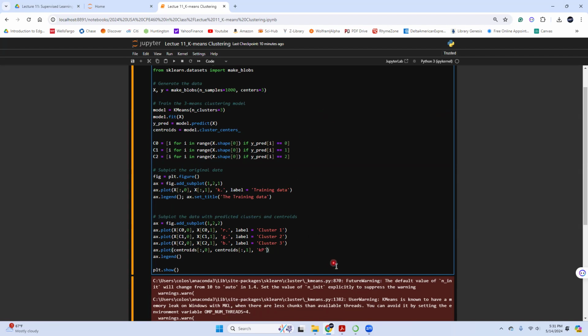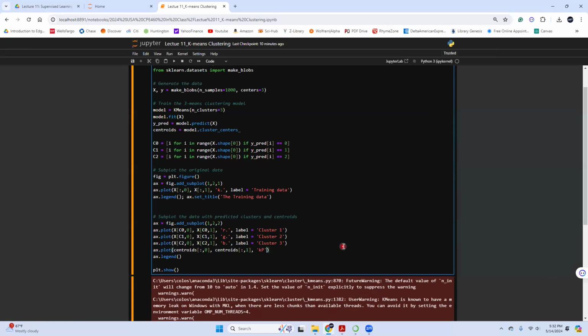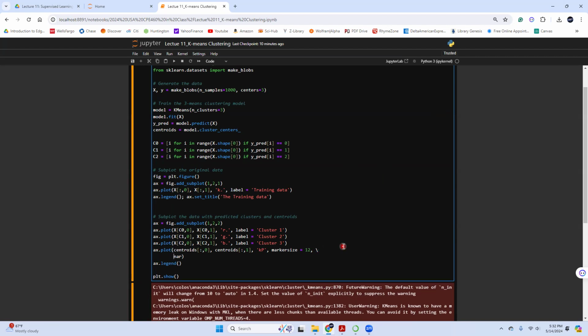KP makes this kind of shape and makes it black in the middle so that it's going to be more clear. KP and the marker size equal to 12. And let me see, the markers are so large. Let me just make this one. Marker edge color equal to C.